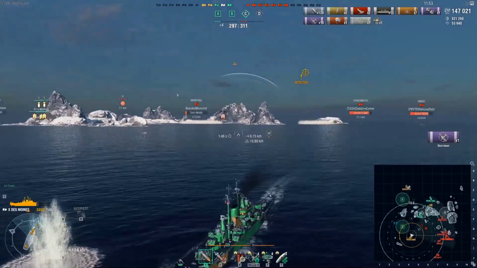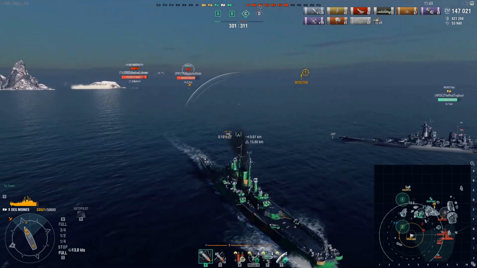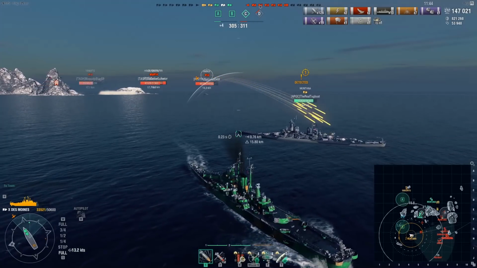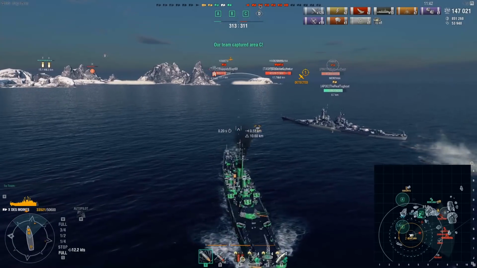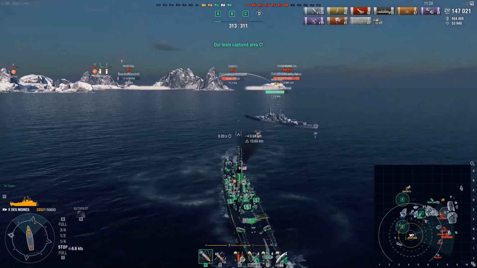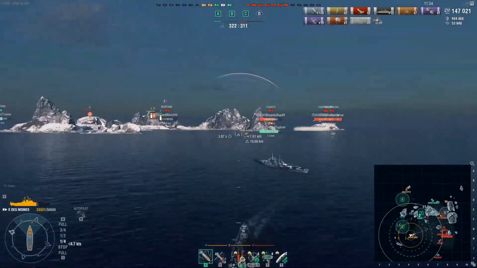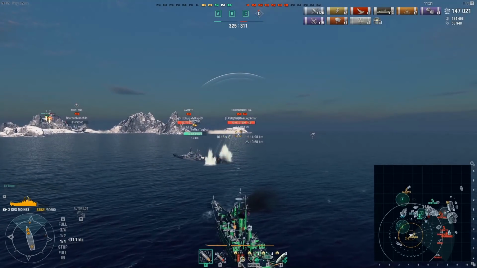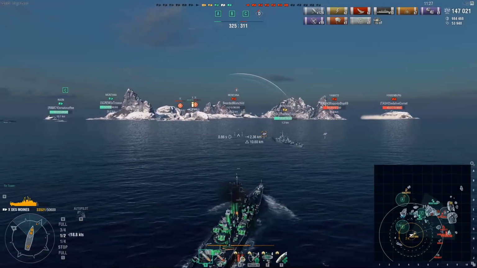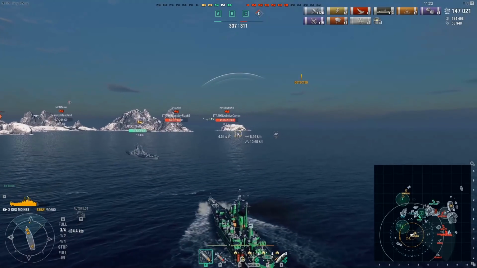So oddly enough, Des Moines bow in at 14, 15 kilometers. This is actually not too bad. But I don't like being shot at in a cruiser. That's not the point of a cruiser. The point of a cruiser is to not get shot at and just pretty much use as much of your DPM and maneuverability as possible, just not to get hit, and also to just raw output damage. Cruisers are more of constant